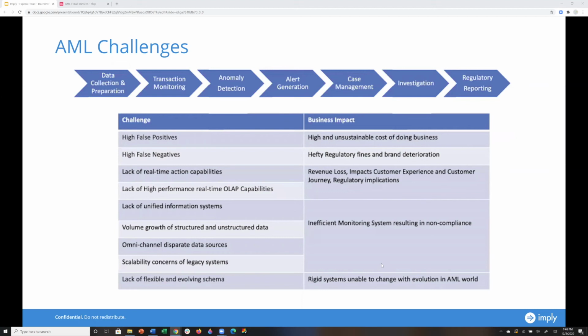And then omni-channel as well. You have many different sources of information coming in that just makes it more challenging. And so monitoring those will be pretty tough. And then the lack of support for evolving schema as well, right? Where new technologies come into play, new applications come into play, and they generate different types of data, and so you have to take care of that as well. And so you've got to have a system that would allow you to be shielded from all of this evolving schema.